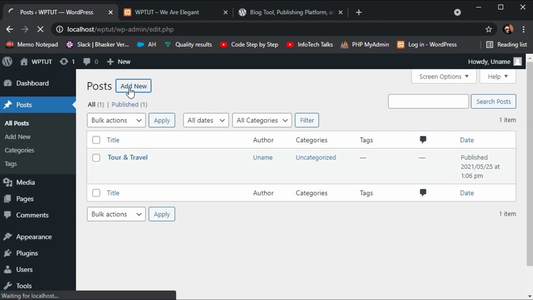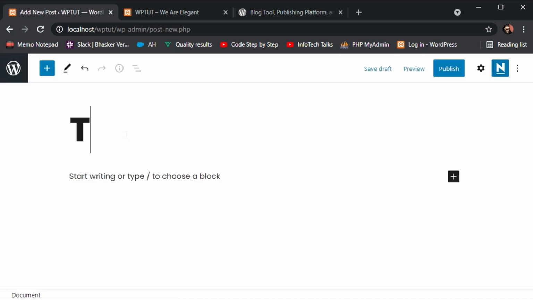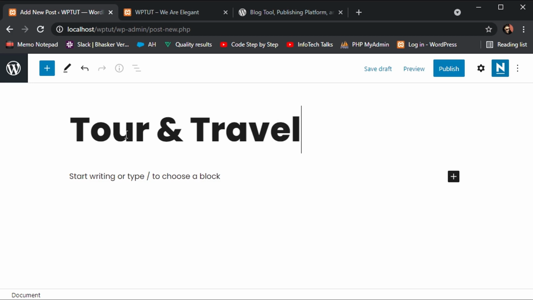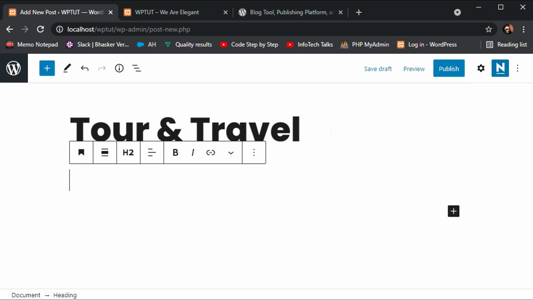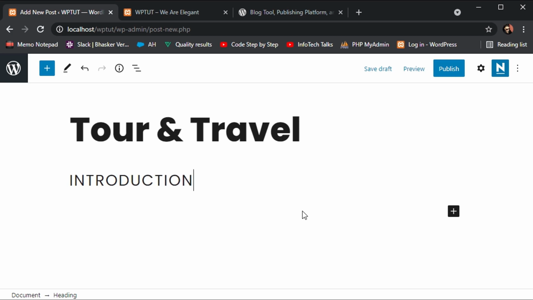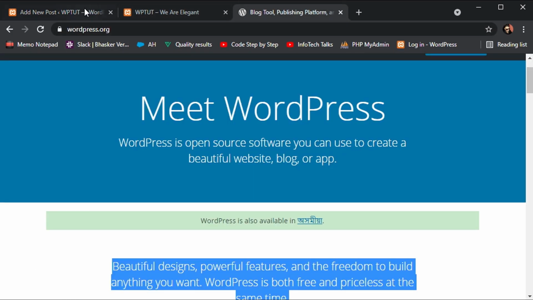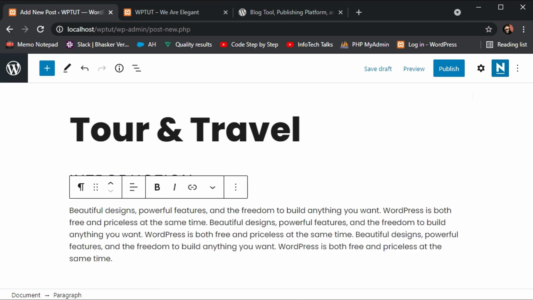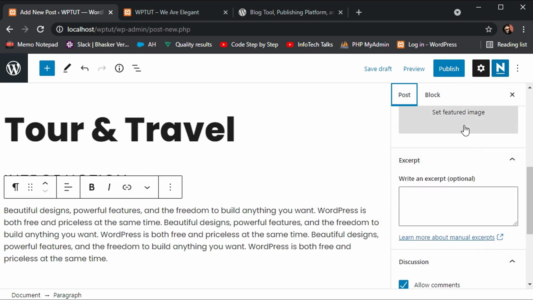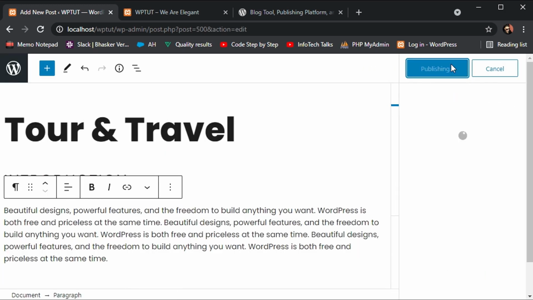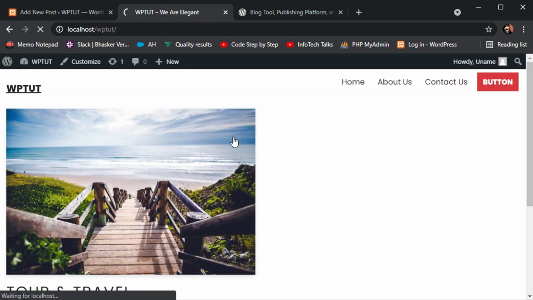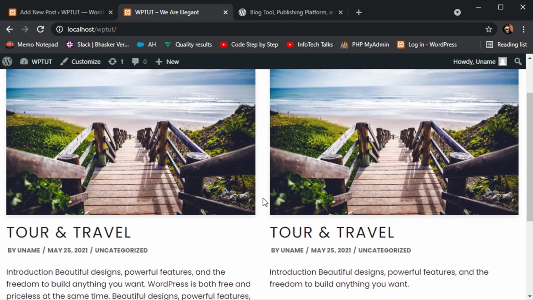Click on add new, then give a title, then heading, then paragraph, copying it, pasting it several times, then setting up the featured image, publishing the whole post, and refreshing the website. So you will see the post will be displayed like this.